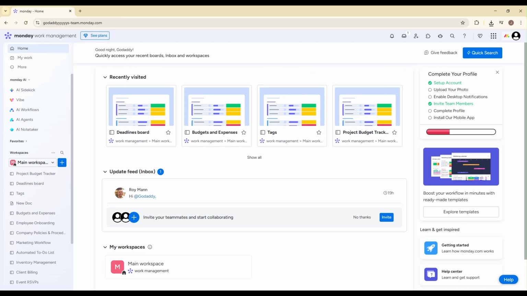In today's video, I'm going to show you how to manage GDPR compliance processes with Monday.com in a simple, structured, and scalable way. If you're handling data protection responsibilities, tracking compliance tasks, or preparing for audits, this setup will help you stay organized and make sure nothing falls through the cracks. By the end of this video, you'll have a fully functional GDPR compliance board that you can customize for your